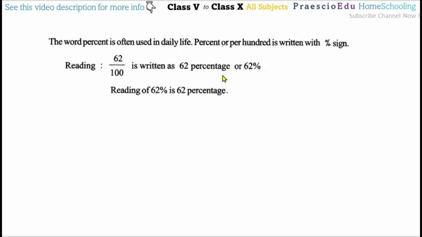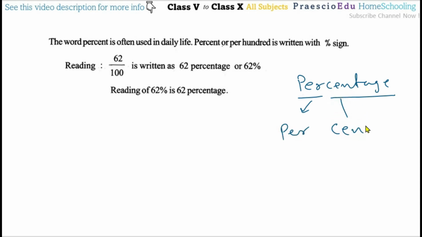So what is exactly the percentage? Okay, so this is the spelling. Percentage. Okay, so this per and this centage, we will make them separate. So this is a per and this is a centage, so this is a cent for this one. Okay, so this is the short form of the percentage. So this is a cent actually.